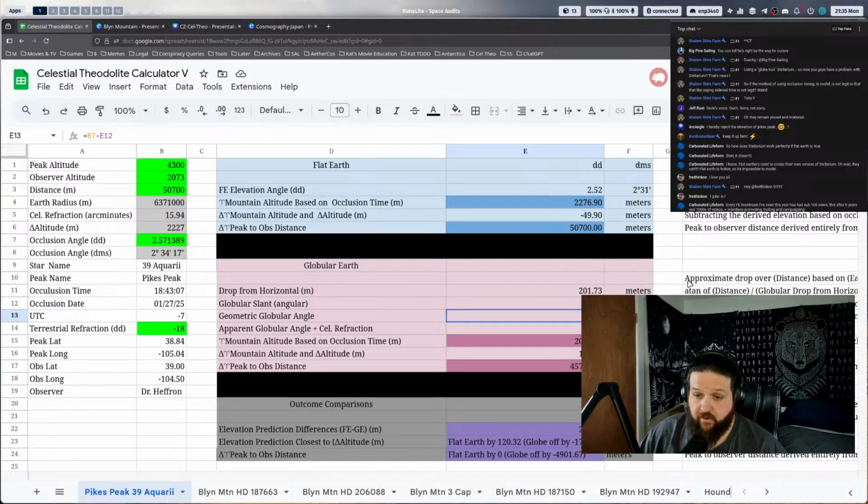Every formula in here that does an angle is an arctan, and the angle that he wanted to compare was 219, and we do that and it gives this. He's not doing an analysis where he's deriving a distance and elevation based off of the occlusion timing. He's doing something separate. That's why we asked him to leave, because if you're not going to address this portion of it, then there's no purpose for you to be here, right?